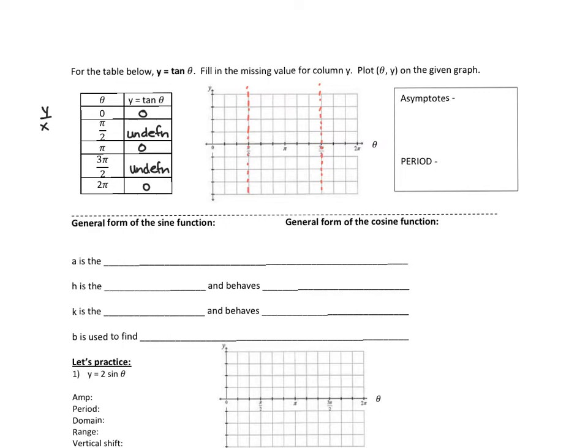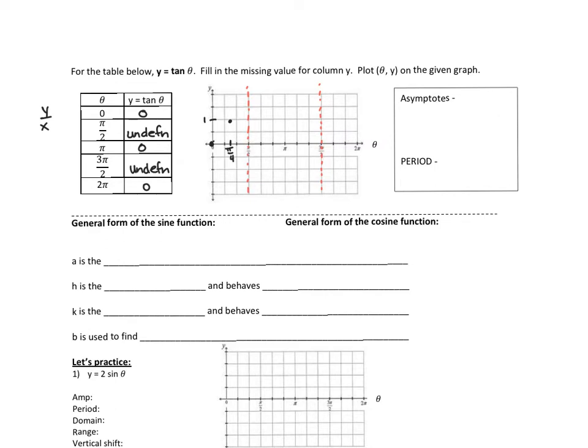So in this graph, if I plot a few more points, if you go to your graph and you plot halfway between 0 and pi over 2, which is pi over 4, you'll see that tangent at pi over 4, so tangent at 45 degrees, is actually equal to 1. So let's call this 1 again. So that gives me a coordinate right about in here. And so this graph at 0, it's 0, 0 is my first coordinate,